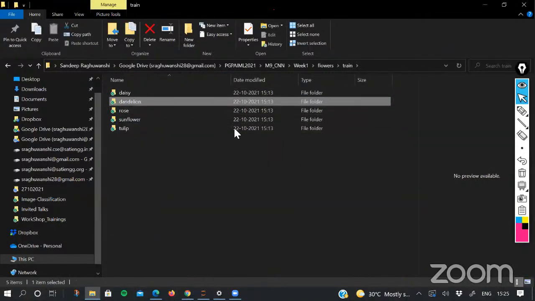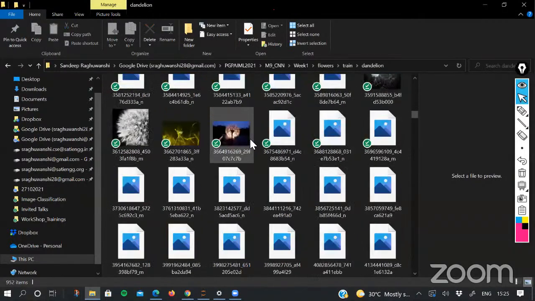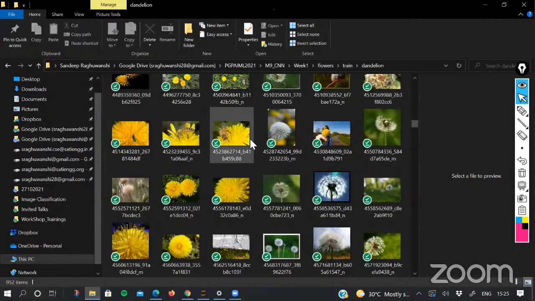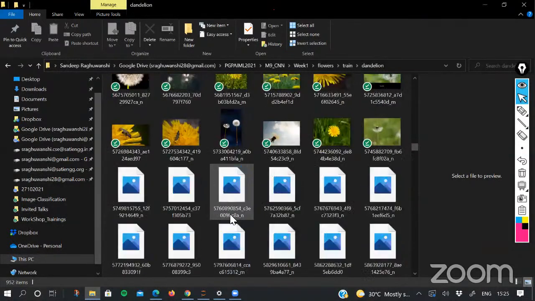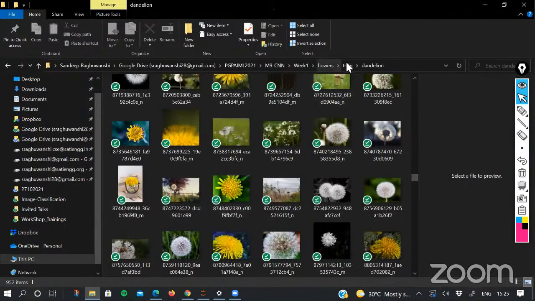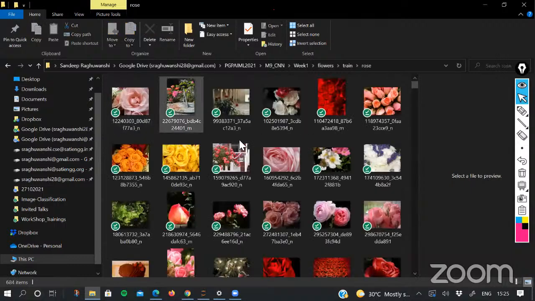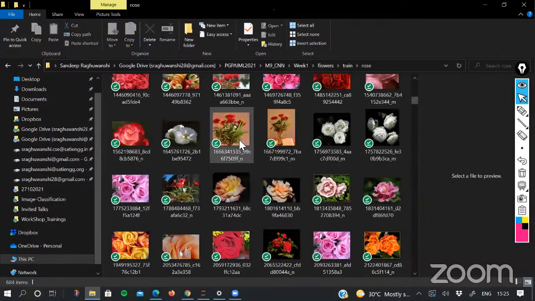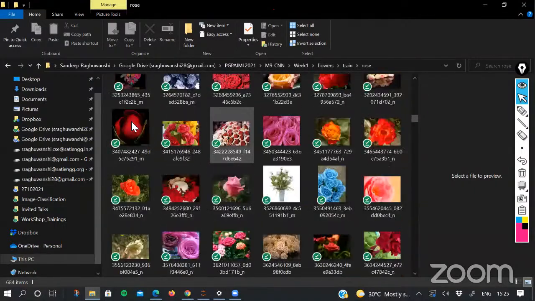Dandelion is there, and in all these images you can see that they have been taken from different angles, different rotations, different illumination conditions, different colors. And it is always good to have such types of images to train a versatile network. These images are from the rose, then sunflower.